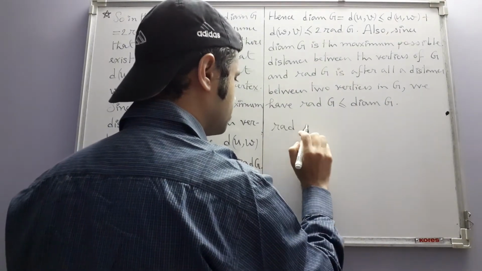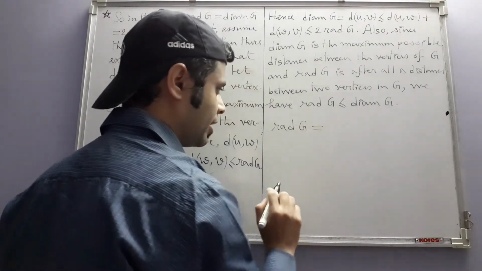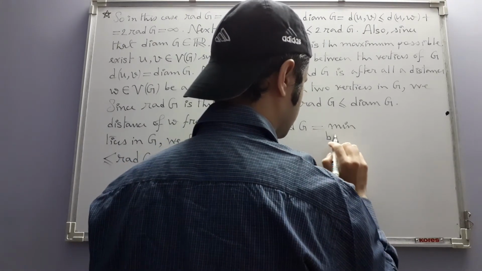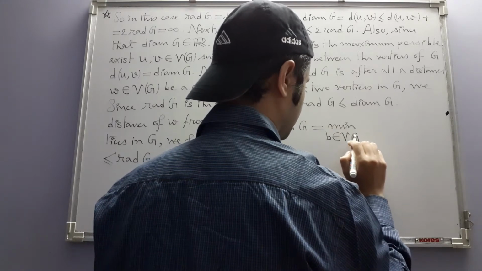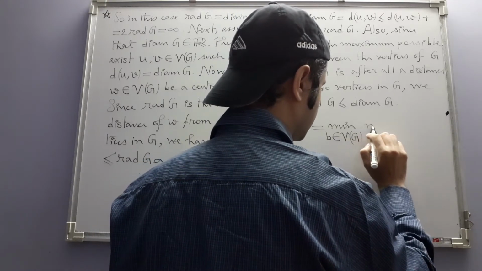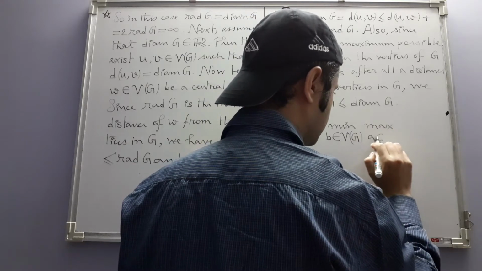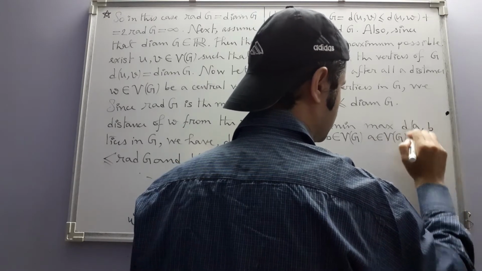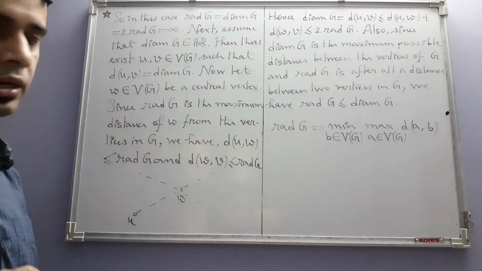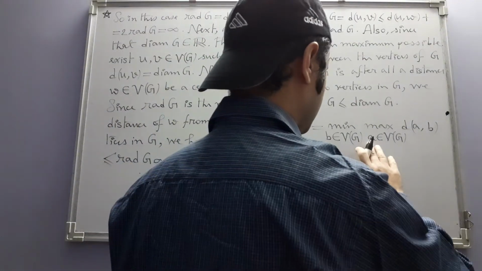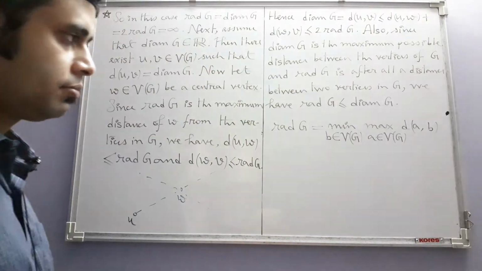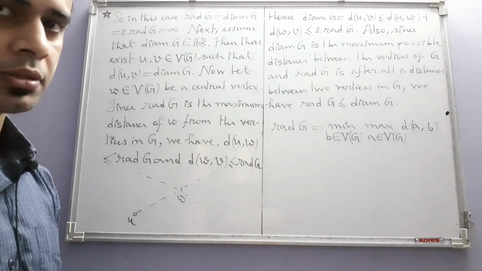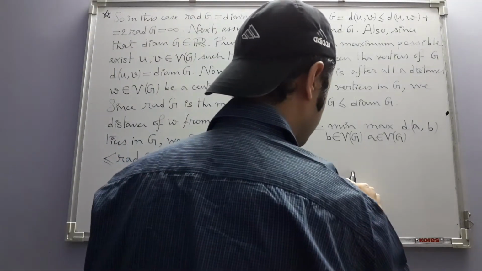The radius of G by definition is the minimum, as B varies over V of G, of the maximum, as A varies over V of G, of the distances between A and B. Now if B is a central vertex, then